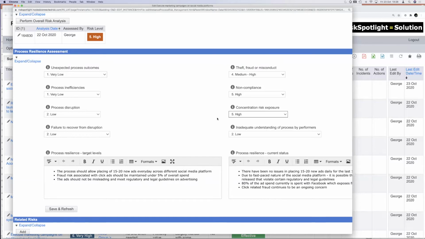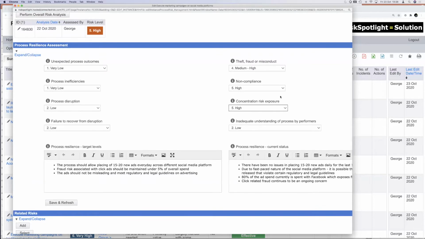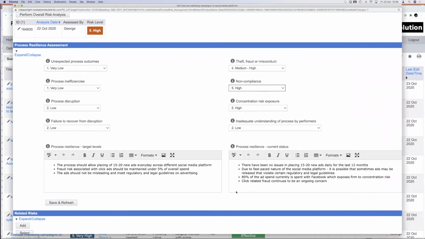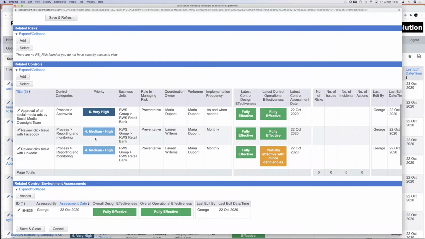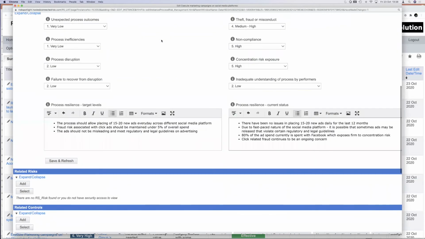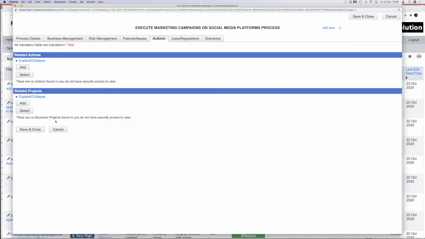Do these measures put actions on them, or are they just for them to analyze? Not sure, Stefan. That's where you'll need to give guidance. If it is high, then they will need to provide an explanation. And are they doing something about it? Do they have controls in place? If there are any actions, you can click on the actions and see if they are doing anything to address it. If the action is blank, then you know something is wrong. That's where second line can step in to say, you've said the concentration risk is high in this process, but I don't see any controls for that.